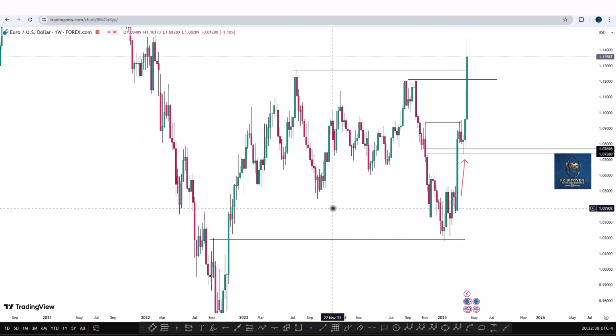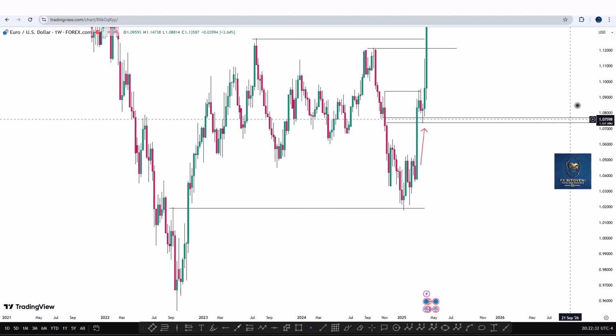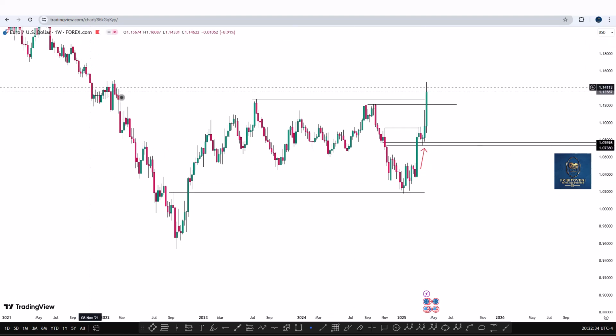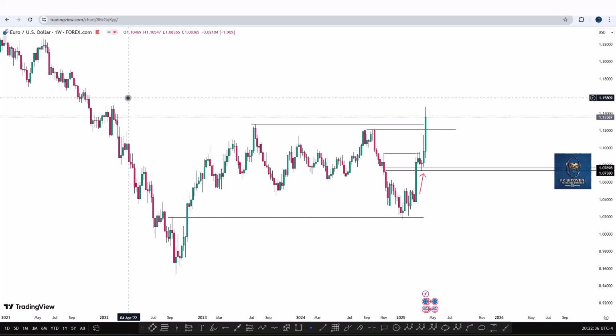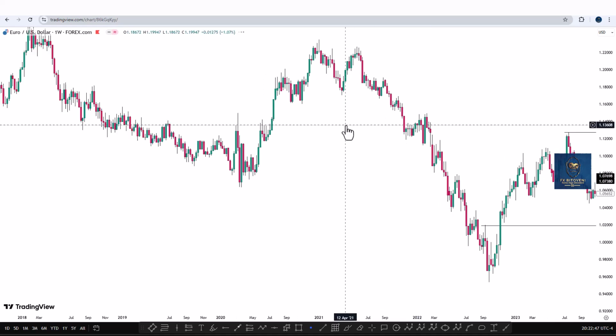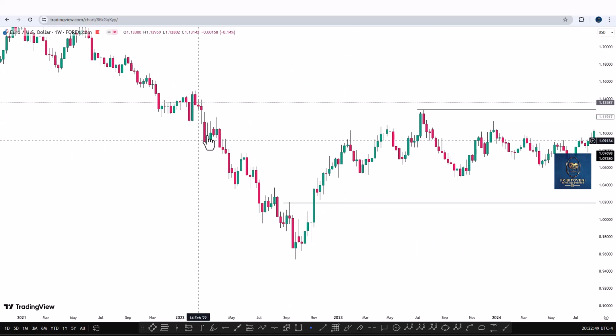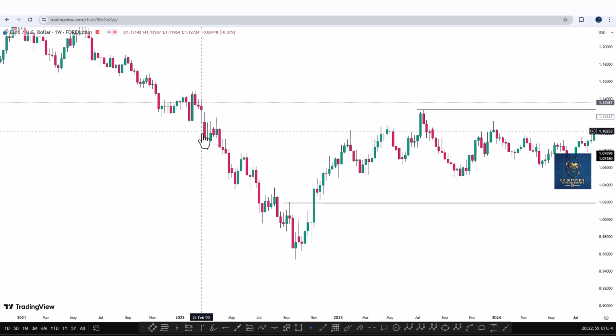So, the whole idea of understanding how ranges and how balance and imbalance works is the building block of your trading. It's the building block of your trading because it's here. You can see it yourself. It is what? Sellers